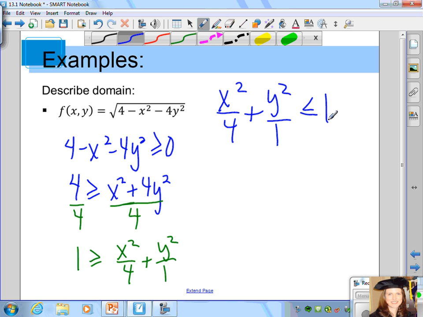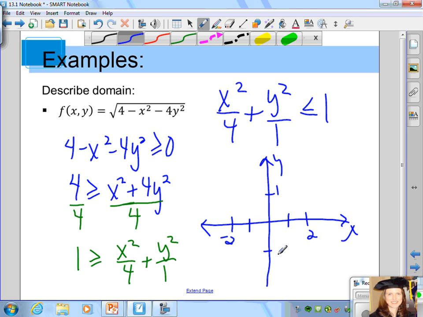To describe the domain, we could look at a graph of the ellipse. We want to find all the points x, y so that x squared over 4 plus y squared over 1 is less than or equal to 1. So we want to find all the points that are inside this ellipse. We want to go 2 units in the x direction and -2 units, and we're going to go up 1 unit in the y direction and down 1 unit so that we can sketch the graph of the